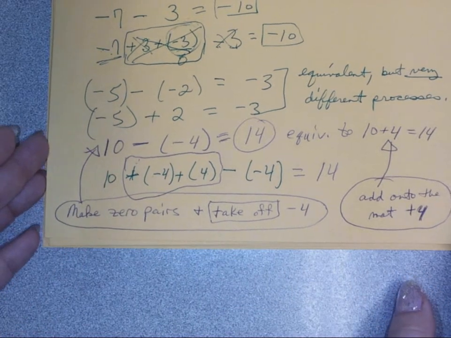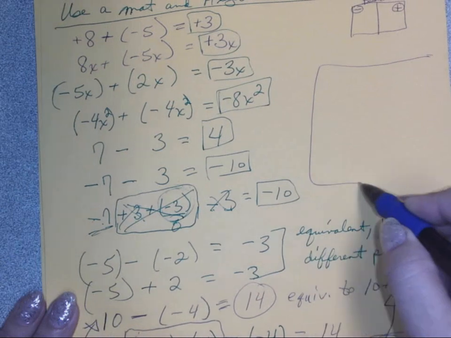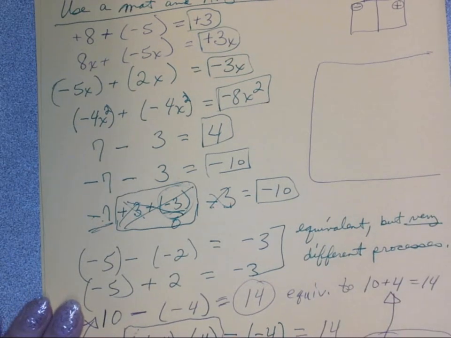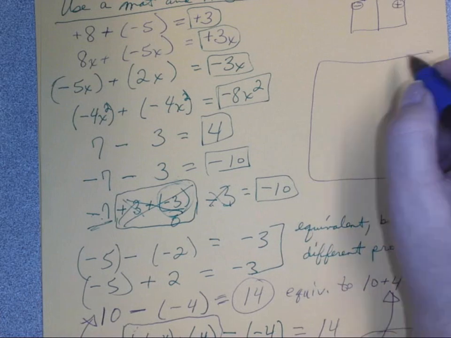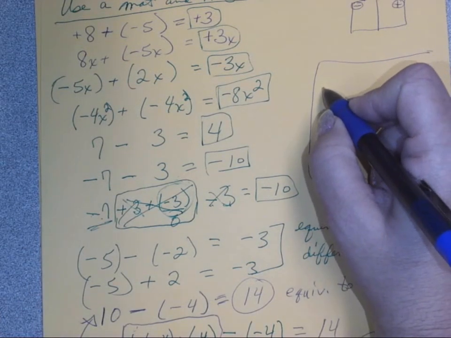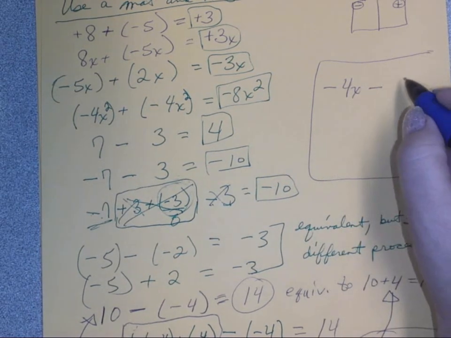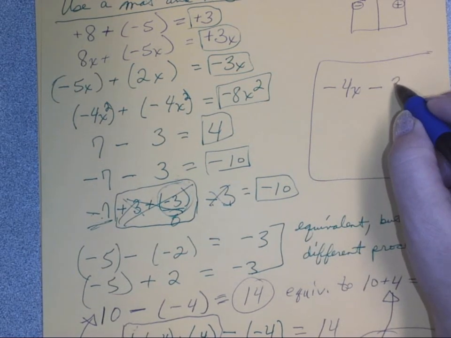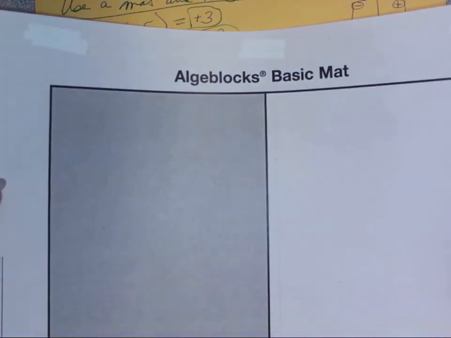All right, so one more problem that deals with this, but we're going to throw in the variables. So the subtraction with the variables, I haven't done any of those. So everybody try on your own. Let's do -4x minus 3x, okay? And again, as adults, we know that should give me a -7x, right? But